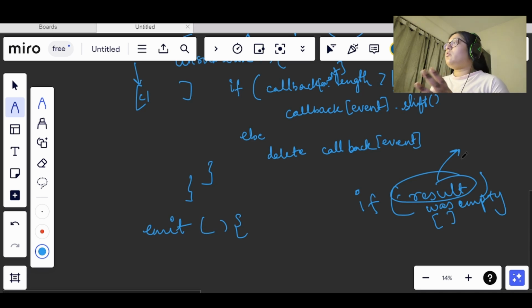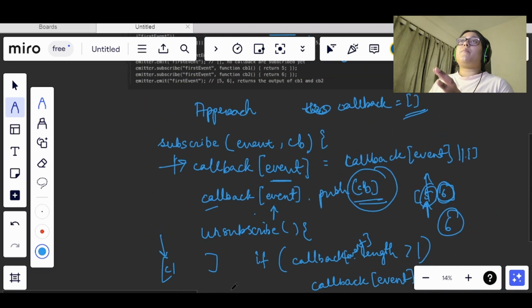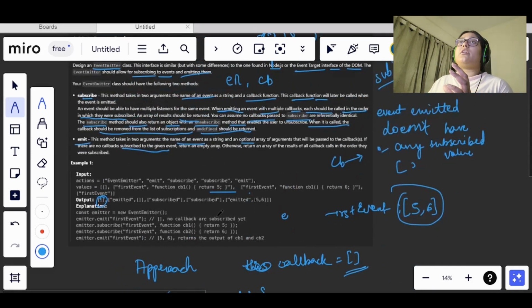Otherwise what we had to do, we had to make it into a proper array, and we had to return it, right?